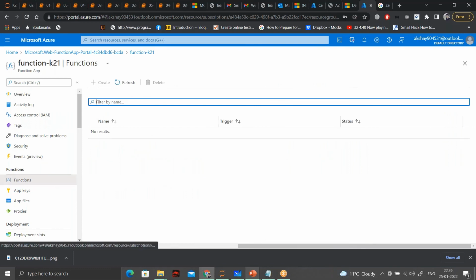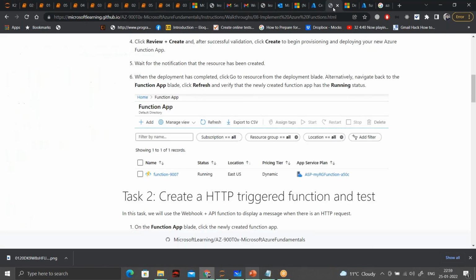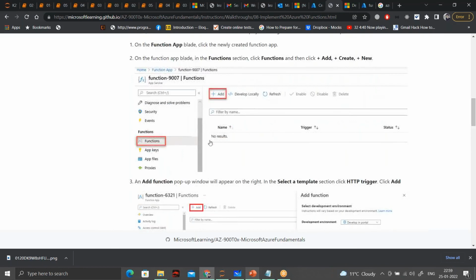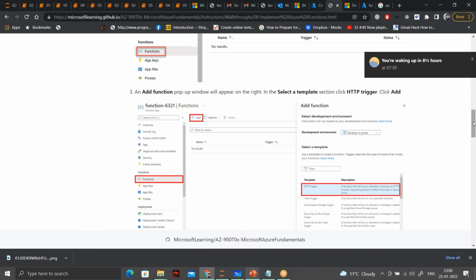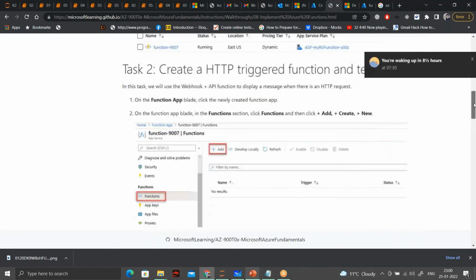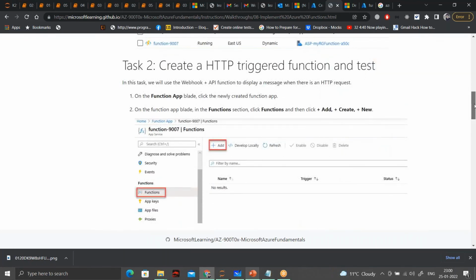Okay, so within your functions, now what we have to do is create an HTTP triggered function. In your functions, you have to click on create. We will create a new function, and this will be an HTTP triggered function, mind you, because we want to call this function through the web browser.